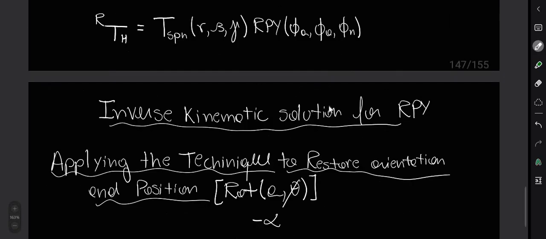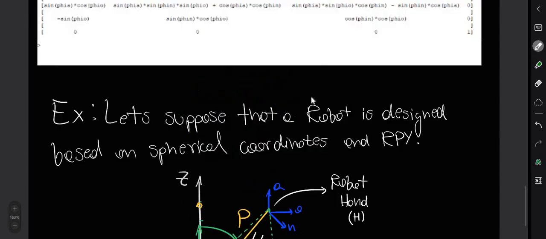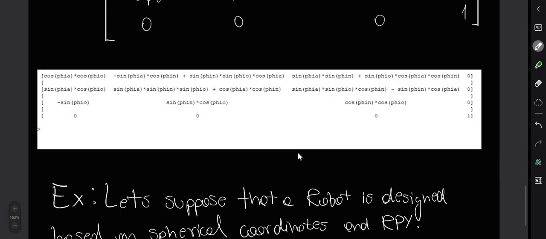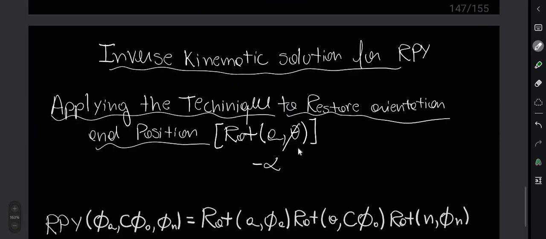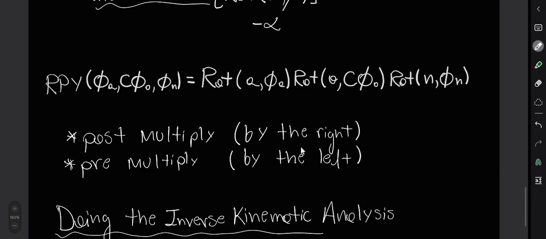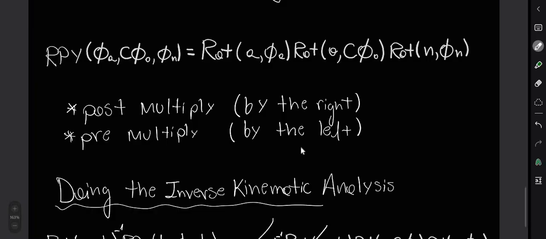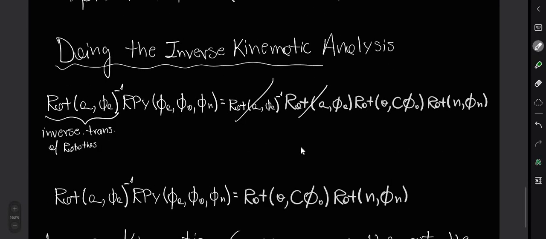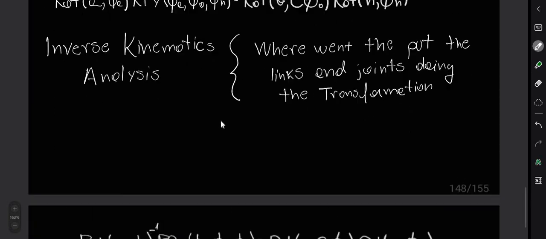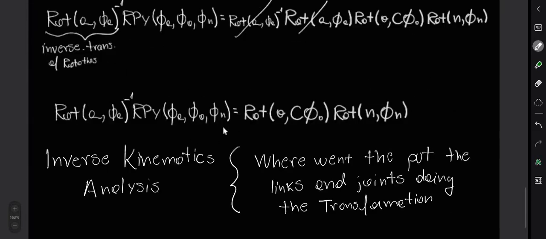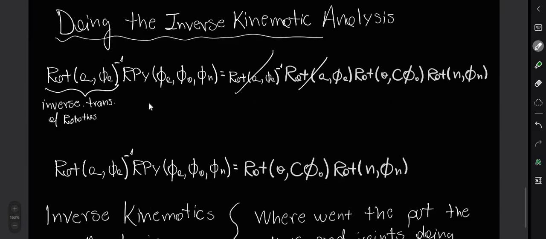Again, let's suppose that a robot is desired. Let me find again right here the location and the final orientation of the frame relative to the reference frame will be the product of two matrices. So we were multiplying